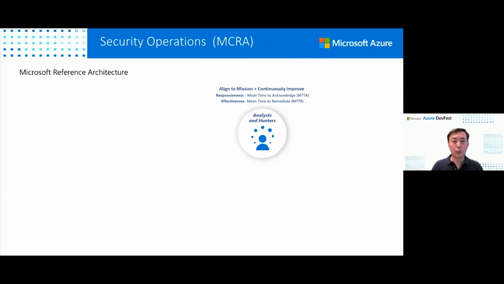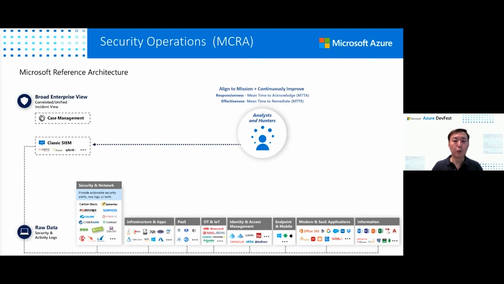Okay, this is my favorite slide when we talk about reference architecture. How does Microsoft understand security operations? From analysts and hunters, which I talk about in all my slides, right? It's always about these two areas which most of the security teams understand on the ground. The MTTA and the MTTR are about the responsiveness and the effectiveness in responding, and how we align to that